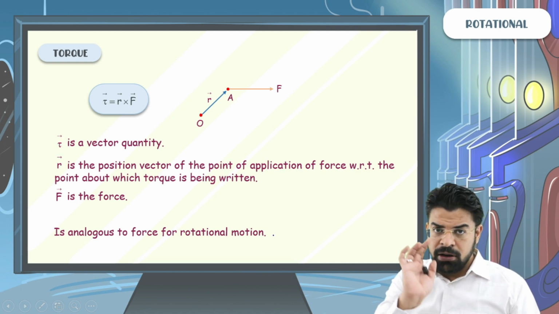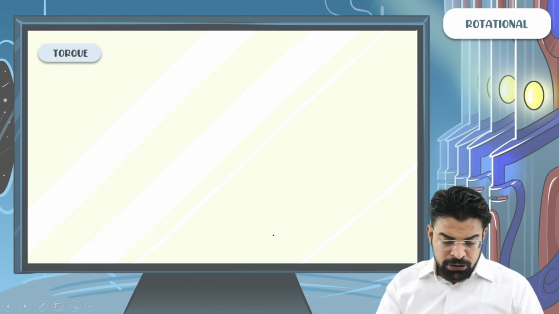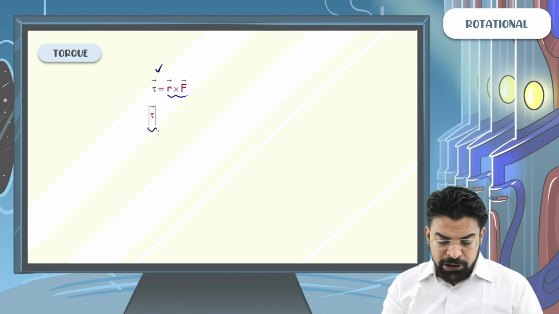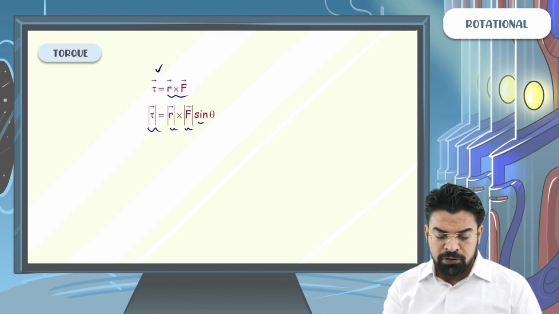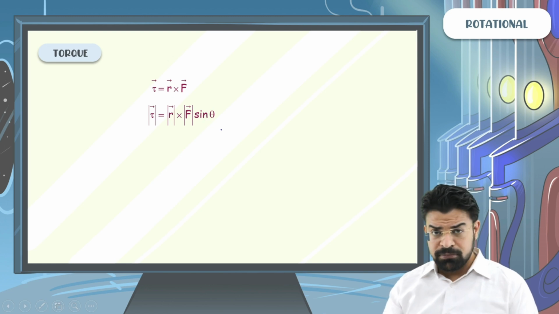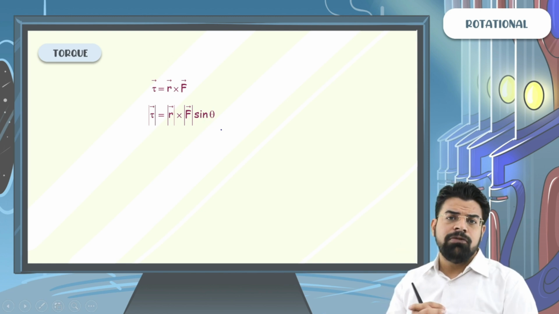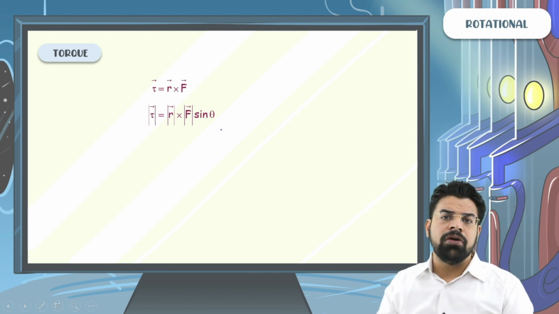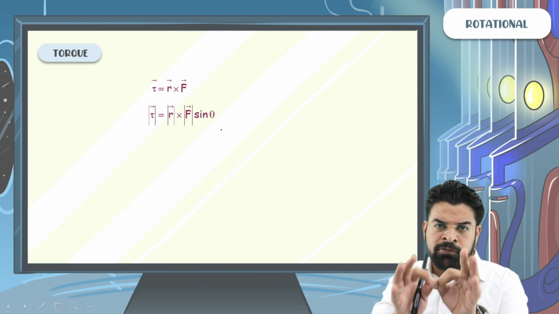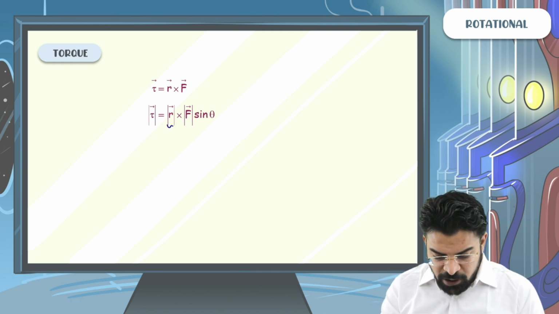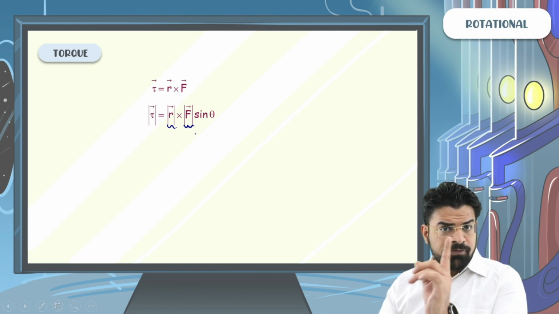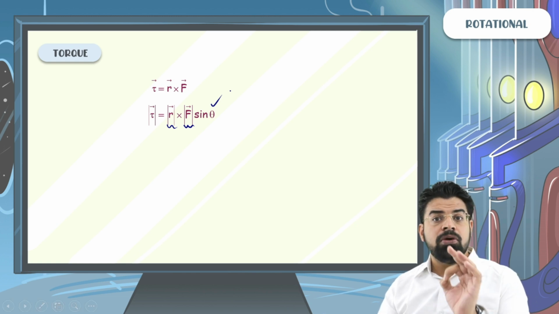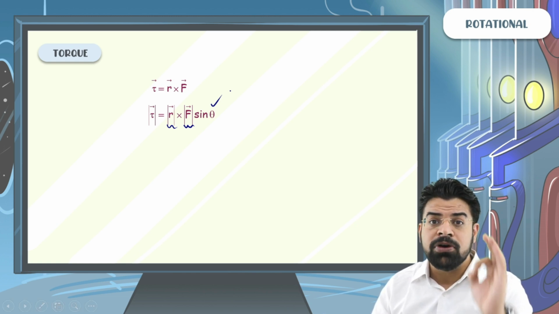So, moving on, let's talk more about torque. We know that torque is given by R cross F. So we can say the magnitude of torque equals the magnitude of R into the magnitude of F into the sine of the angle between them. I have just told you, if you have two vectors A and B, and the angle between them is 0 or 180 degrees, the magnitude of their cross product will be 0. Similarly, if R and F, the position vector and force vector, are parallel or anti-parallel, theta will be 0 or 180 degrees and their cross product will be 0.